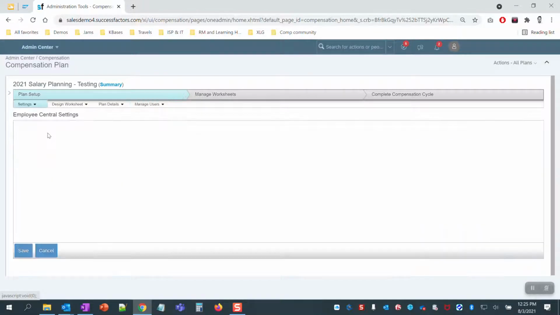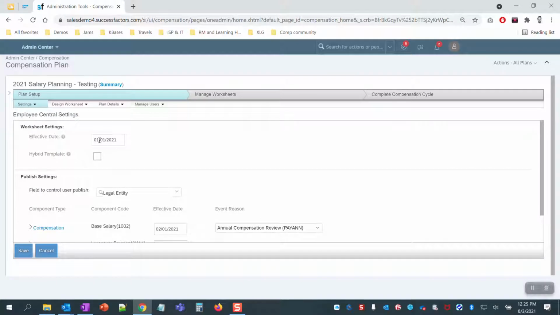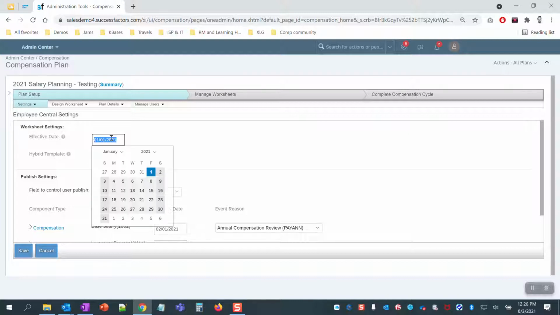So this date here in the Employee Central setting is really important. It really drives everything: the eligibility rules, the data that shows on the comp worksheets, and it also applies to the employees. So if you loaded your employees in Employee Central effective 1/1/2021, so you just did the data migration in a new environment and all employees are cut over as of 1/1/2021, and your template here in the effective date has an effective date of